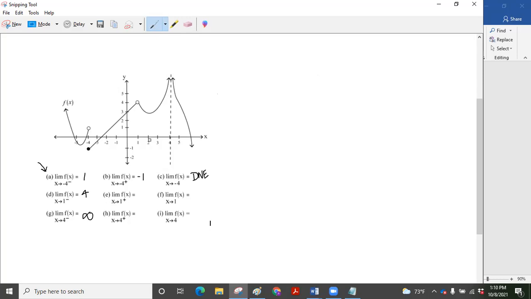This question here, the limit as x approaches 1 from the right. So we're looking at 1 and we're coming in from the right, and we see that it approaches 4. And you'll notice that before, when it asked us what's the limit as x approaches 1 from the left, we said that was 4. And now it's asking what is the limit as x approaches 1 from the right. We said that was 4. So that means that the limit as x approaches 1 from the left of f of x equals the limit as x approaches 1 from the right of f of x, which means that the general limit,